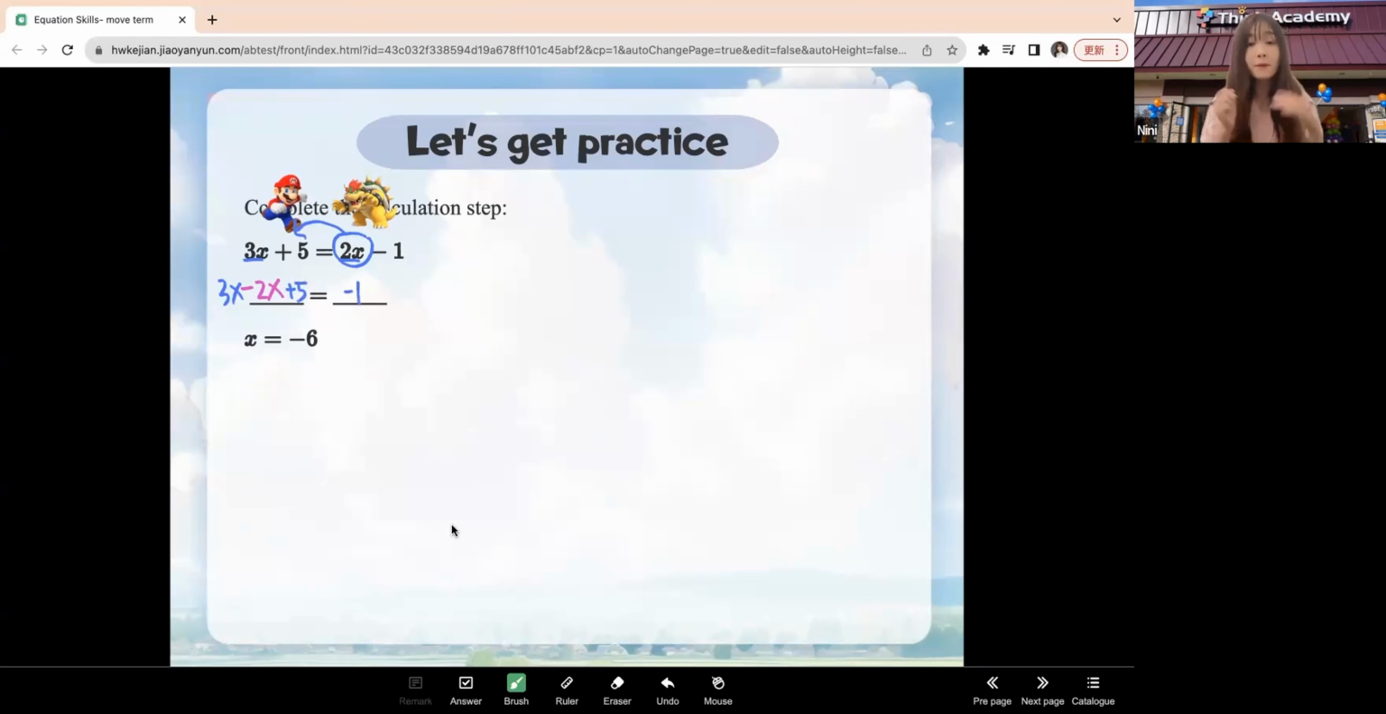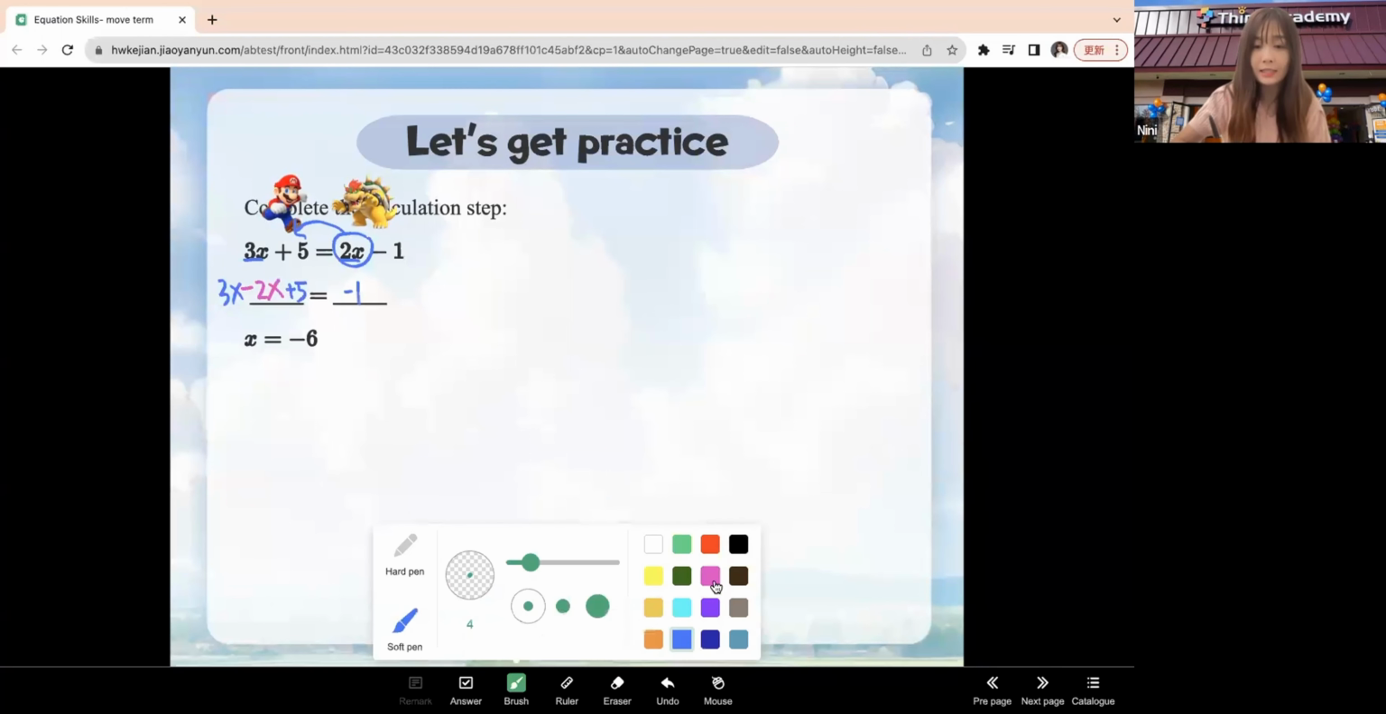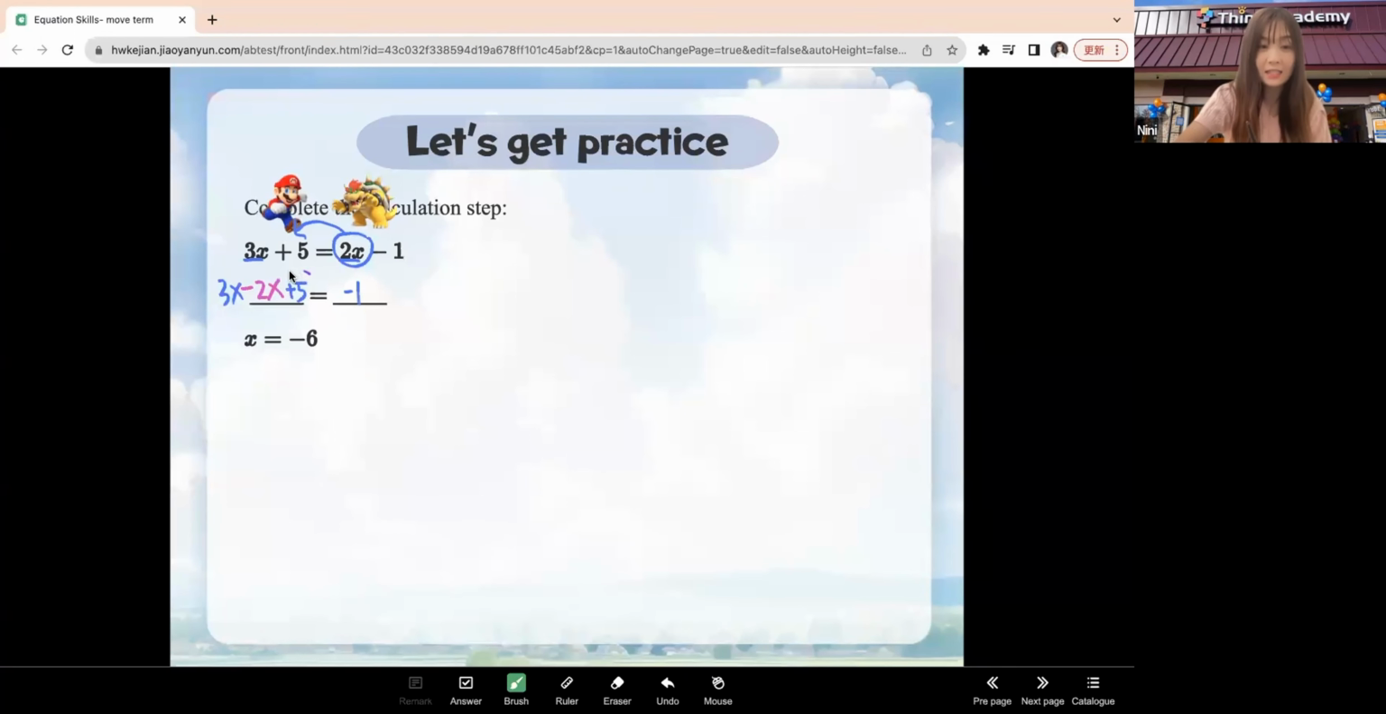Okay, guys, before we move on to the last step, is there any term you also think we need to move around? Very good. You see that on the left side there is a term that is not a variable itself. It has a +5 here. So actually +5 needs to move to the other side. And that will become what? As we move the +5 to the other side, it will become the opposite sign, which is